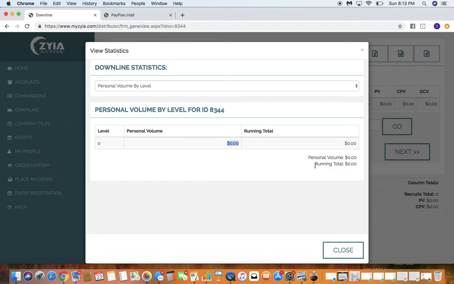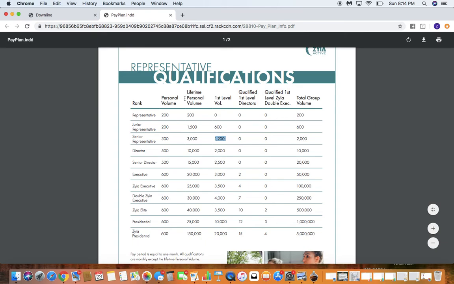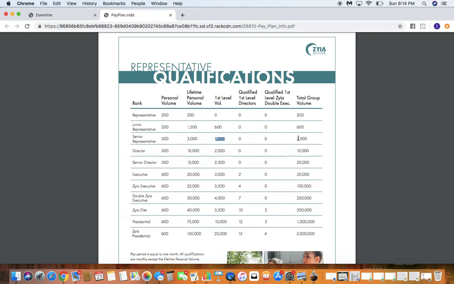And then in order to get group volume, you're going to come to this running total because that's going to add in your volume plus your first level, second level, however many levels you are deep. That's going to be total group volume. And that's going to be calculated right here. So you need 1,200 for first level volume, and then total group volume, which means your sales for the month, personal purchases, plus every single person in your downline, whether you signed them up or you did not sign them up, needs to hit 2,000 for the month. It's pretty much double. Do you see that? It's double